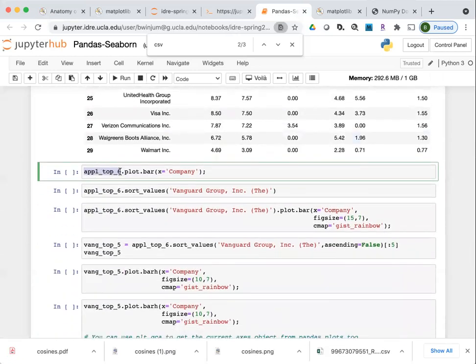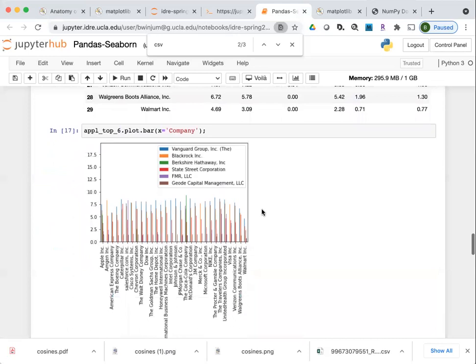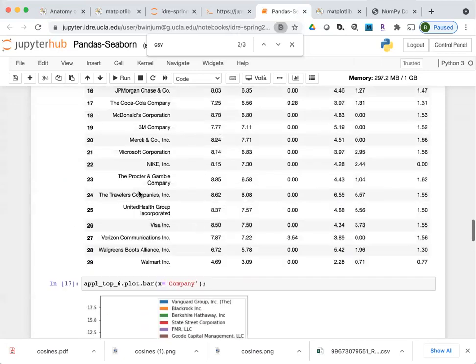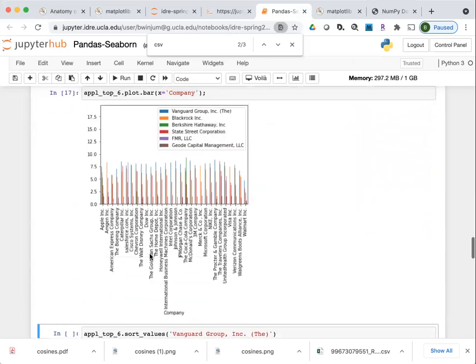This is the data frame, and I call plot, and then I call dot bar. So this will generate a bar plot. There's a lot of data here, so it all gets scrunched together, unfortunately. But you can see, if you look sideways, these are all the companies. This is the index for the data frame. Well, it's not the index.